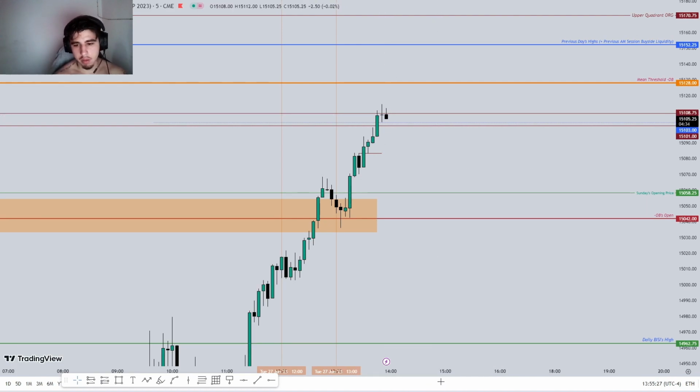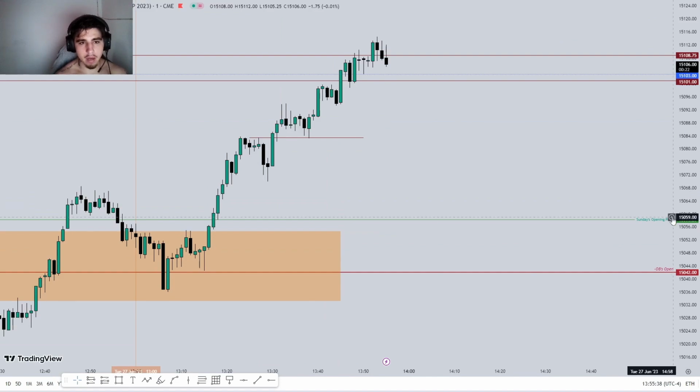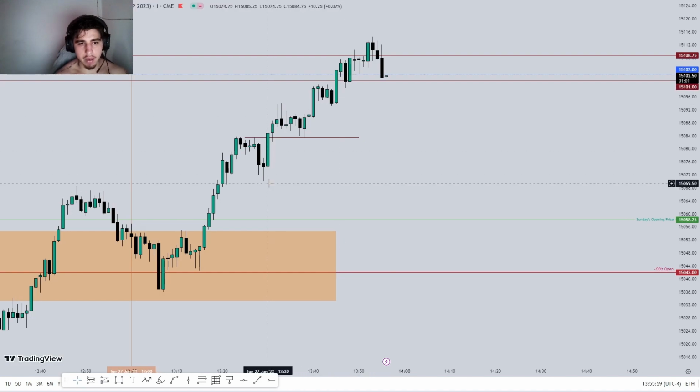So we can see a run below, which perhaps will benefit me if we get a stop run. So we're inside this fair value gap. I don't like absolutely anything in this 1 minute chart. We closed above it on a 1 minute. But I would never ever trust, let's say we run this low and then we shift bullishly. I would never trust only running this low. Perhaps if we run this,